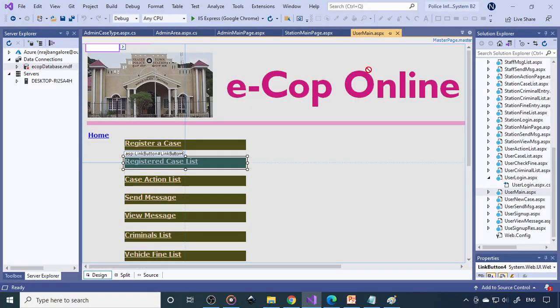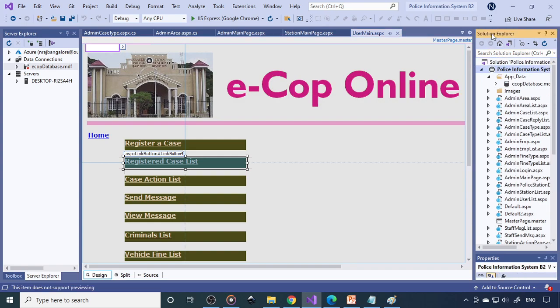Okay, so here we have Visual Studio. We have already opened the project. This is the Solution Explorer. On the other side we have Server Explorer. If you expand Server Explorer,